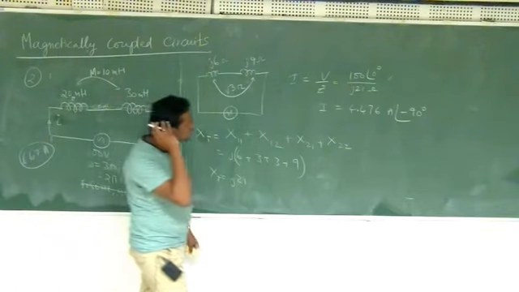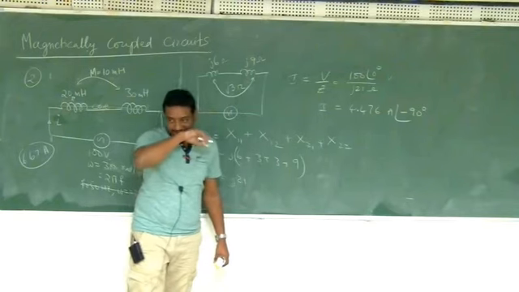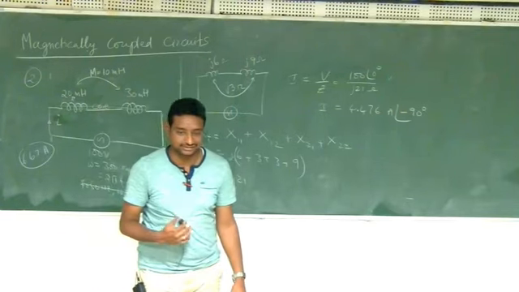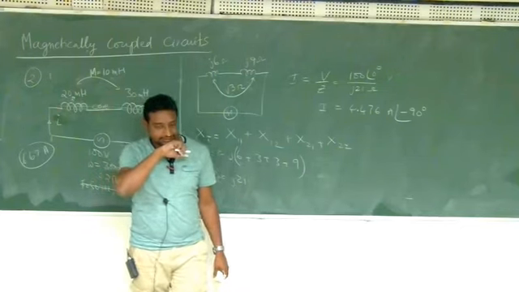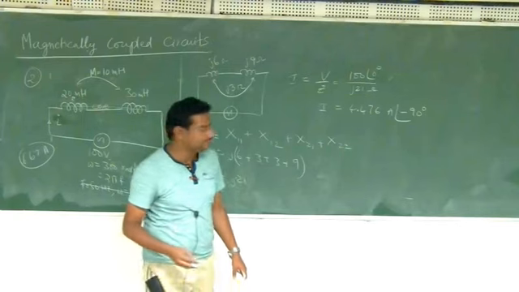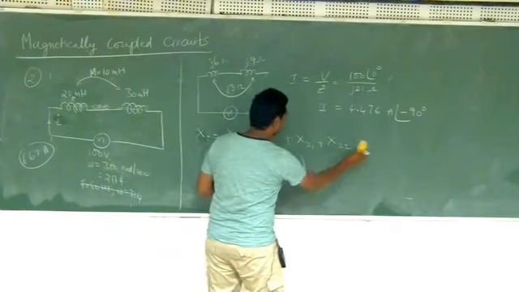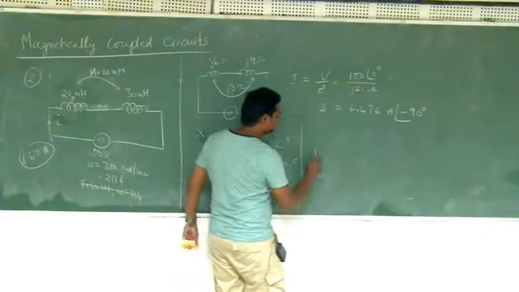Now the doubt is mutual inductance can be plus or minus. So how do you know it is plus or minus? What is the sign of the mutual inductance? That's a good question. That also depends on how you connected the coils. Last time also we discussed. So this is the solution for the second problem, but let's do that discussion now.